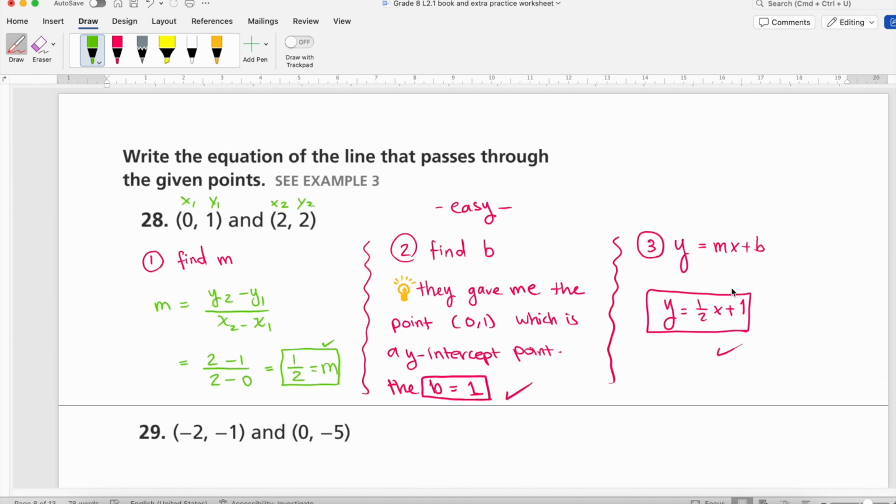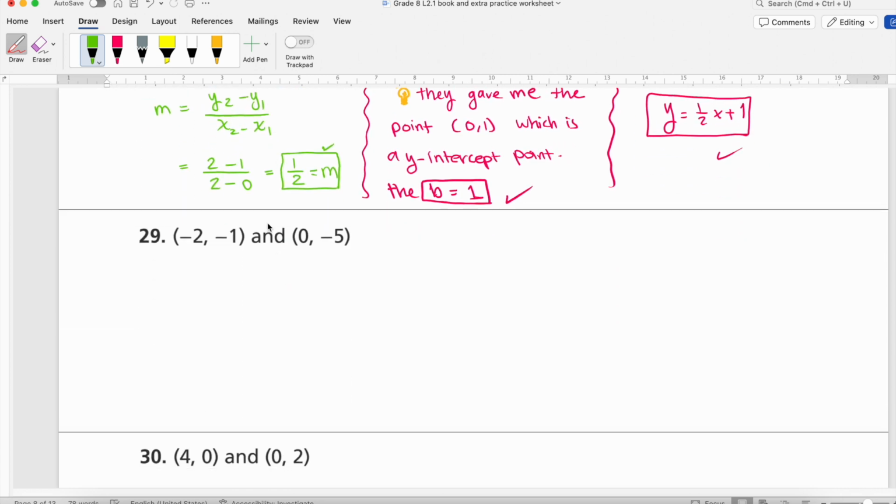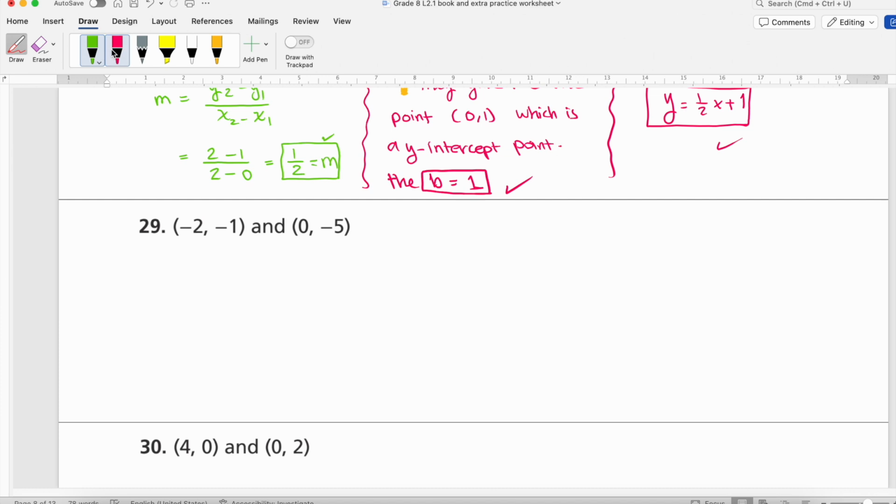Let's take the other idea, which is writing the equation of a line that passes through 2 points. I already solved this one. Let's solve this together now. So suppose that they gave you these 2 points. Again, first step, find m. Second step, find b. Then substitute, or write your equation y equals mx plus b. To find m, since there is no graph, I cannot use rise or run. I have to use